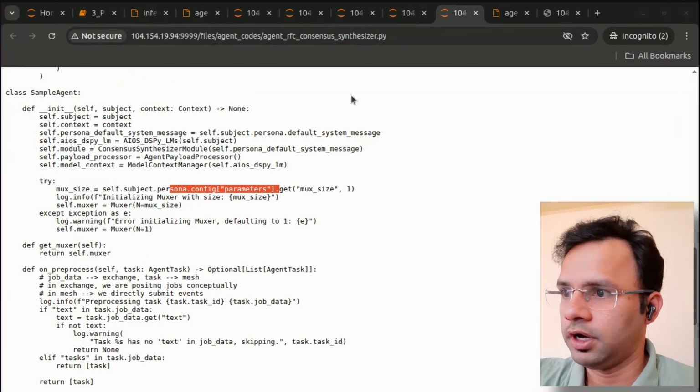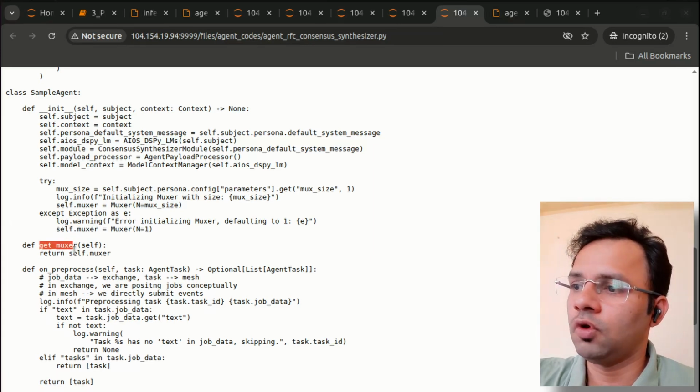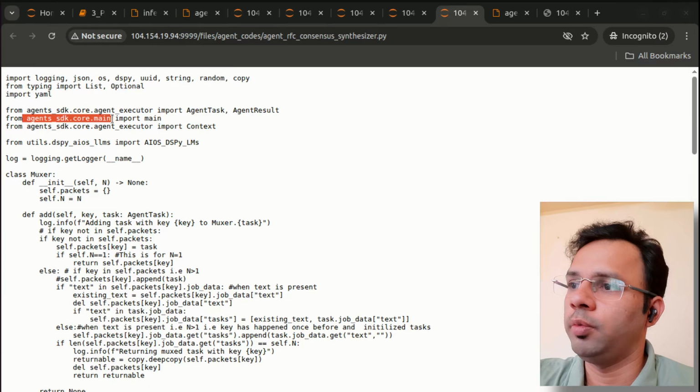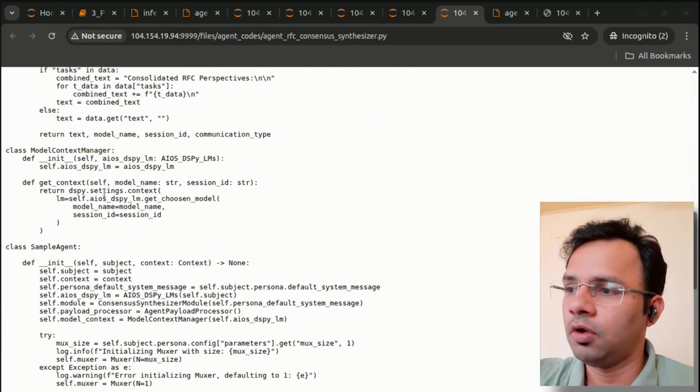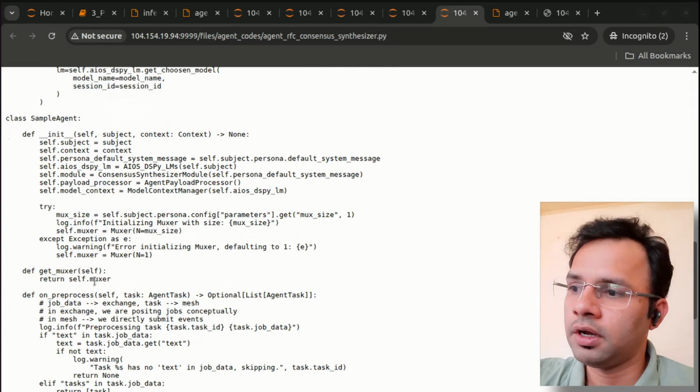So that's what we are trying to read. Config parameters, mux size. That mux size is initialized to the muxer class, and that object self.muxer will be sent as a muxer. This object is taken care of by the Agent SDK, the main.main, whatever we have here, right? Agent SDK core main.main will take care of that object, and it will do an add function, and whenever it is adding a new packet, that packet is added to the self.packets,